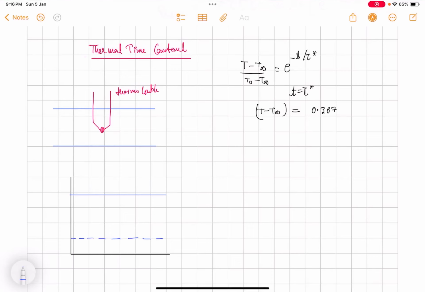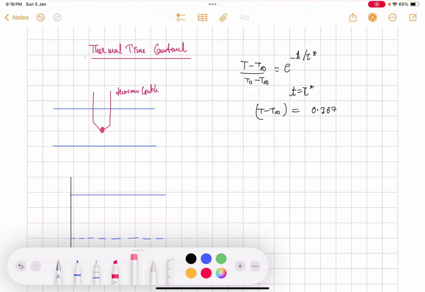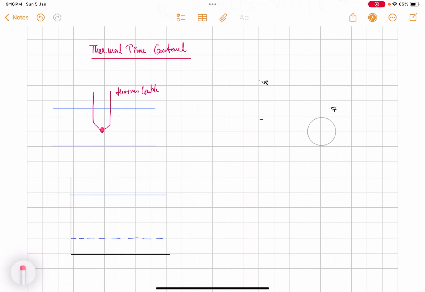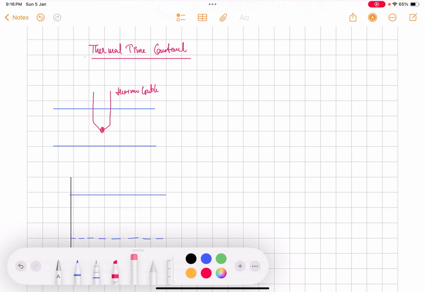Greetings all. Till now we were looking at the lumped heat capacity method for unsteady state heat transfer, and by the end of this lecture you will be able to explain the thermal time constant pertaining to unsteady heat transfer. We have seen the definition of this thermal time constant in the last class. So just to recapitulate, it is nothing but the product of